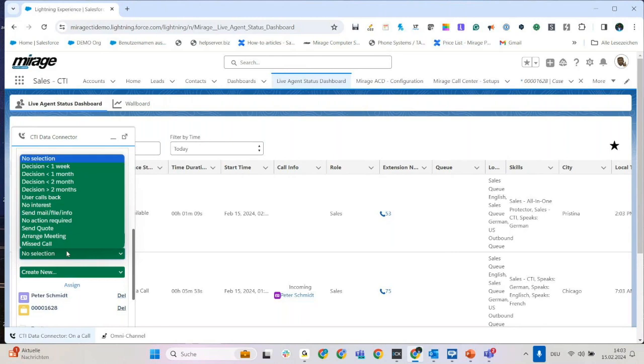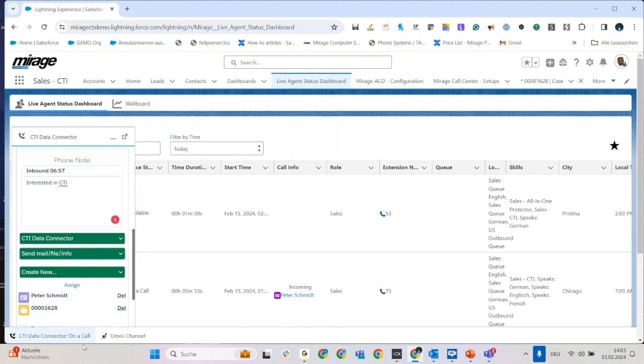What you're seeing here is our own thinking of how to show you this demo, but it can be configured to really fit your own business needs. So all of this can be configured. I will say, okay, I'm choosing this to maybe send information out to the customer, and I also have an option of really creating something new.